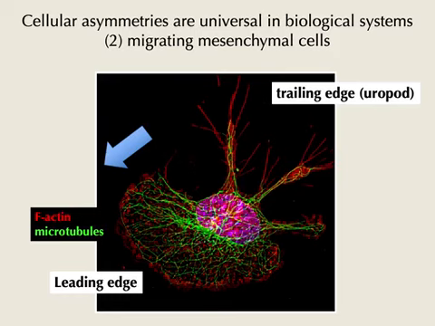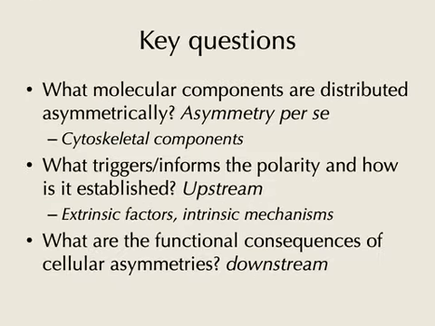So when we want to discuss and think about polarities and asymmetries, there are a few points that we need to keep in mind, and I'm going to highlight them here. Sorry, there's more text on that slide than I like, but really this boils down to these three points I'm going to touch upon today, and also quite a bit in the lecture on migration. So the first one, we've already started to discuss that. What do we mean when we talk about polarity, when we talk about an asymmetry? In other words, what are the components that are not evenly distributed? Okay, so we're going to have to think about that and see how that matters.